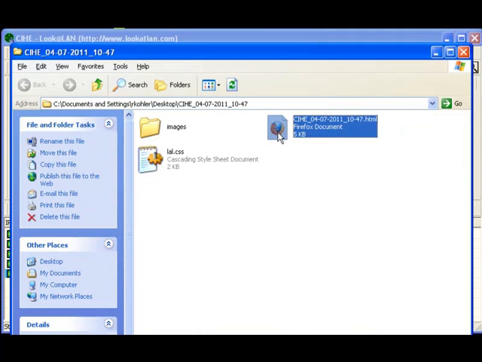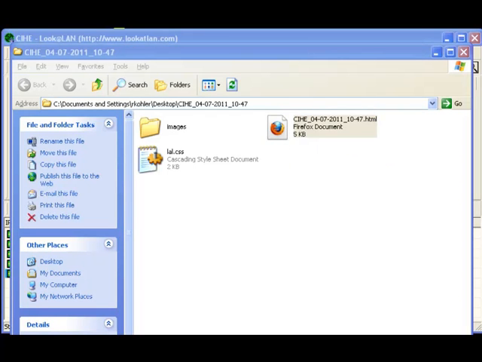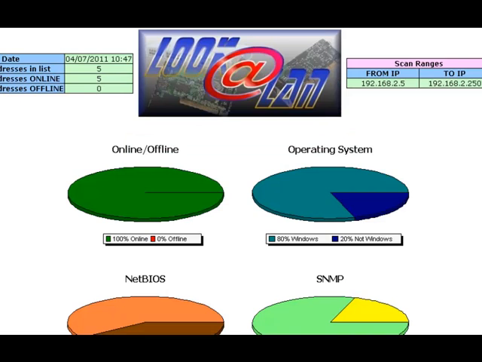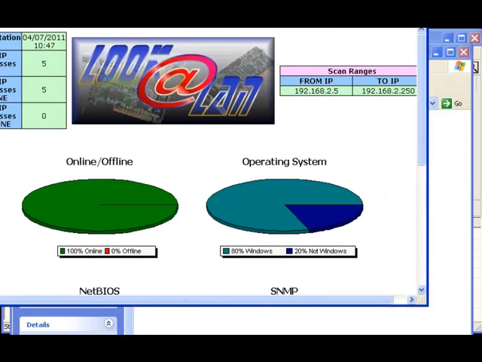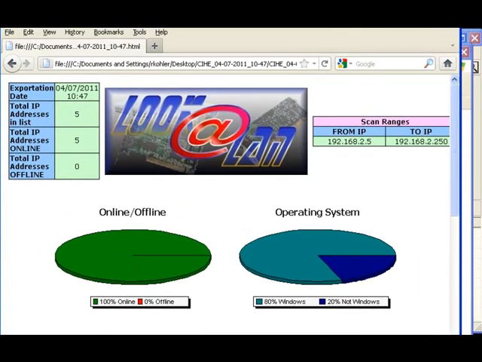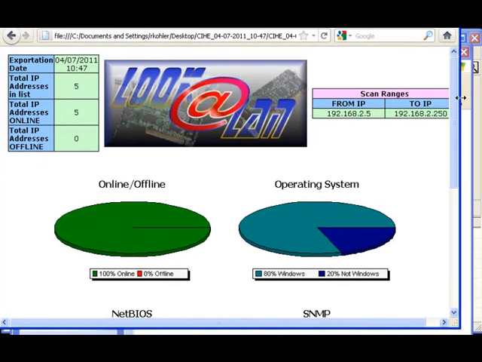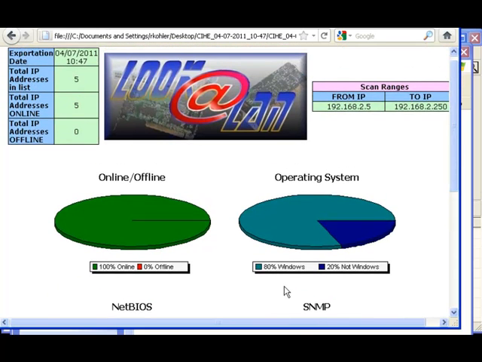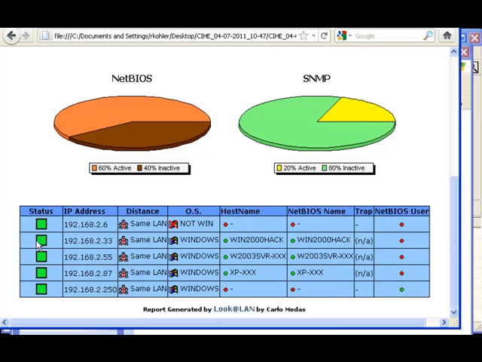Now I can actually open up this particular HTML file that it came up with, and let's see what kind of information it actually shows. What you'll notice is when I open up that particular web page, I'll bring it down here so you guys can see it. It'll actually show us the information in regards to IPs and all that good fun stuff, and the range, a nice graphical interface, and then also a nice little status of green or red if it was online or not,